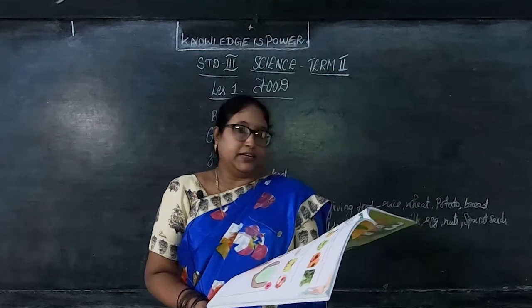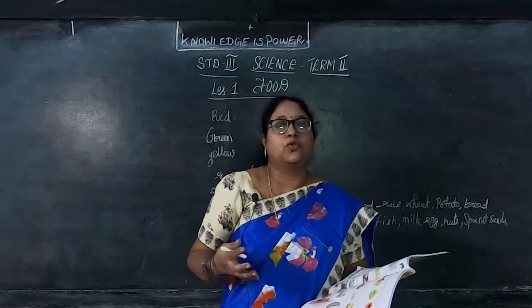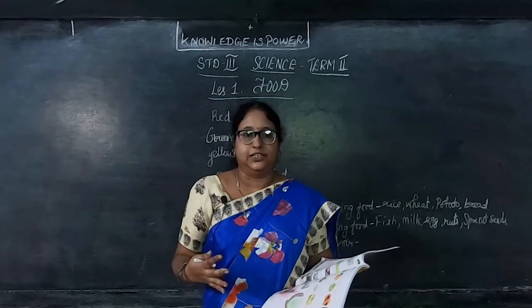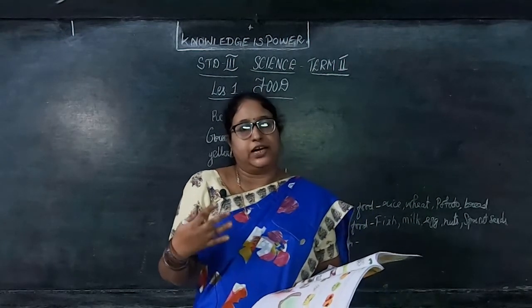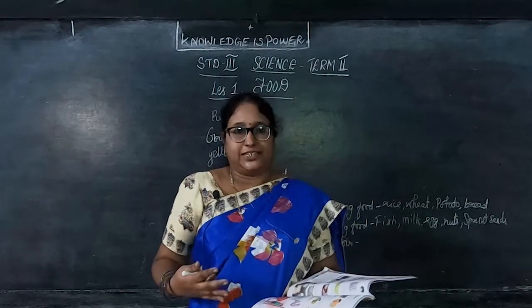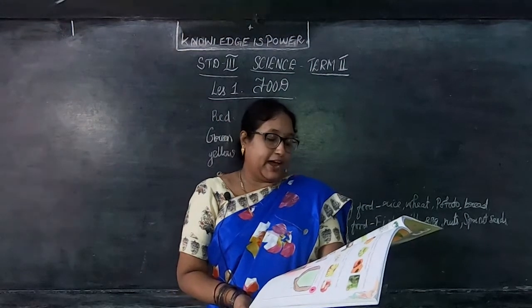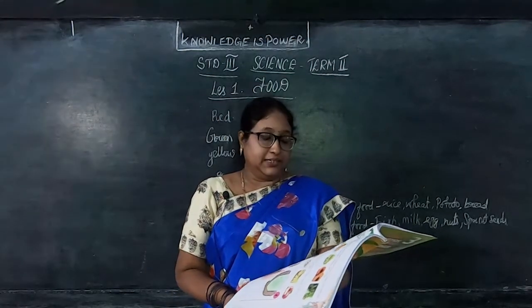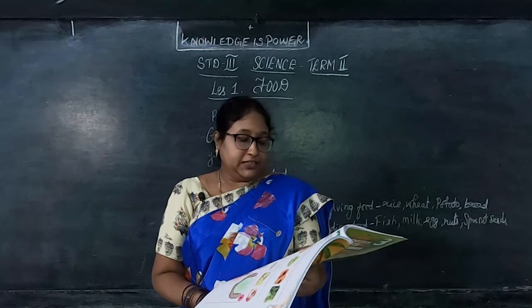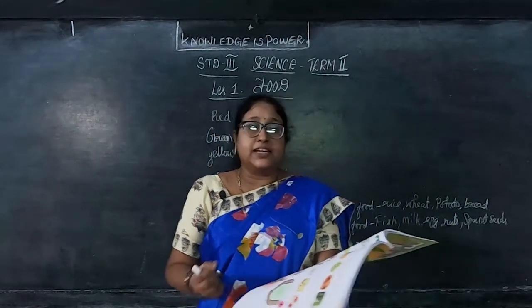Too much fat in the body may lead to obesity or overweight. Obesity means overweight. We become fat, isn't it? That is what obesity is. If there is a lot of weight, what happens to us? We will become fat. So obesity or overweight. Some food items that contain fat are cheese, butter, ghee, meat, oil and nuts. So these are the fats that give us an energy reservoir.